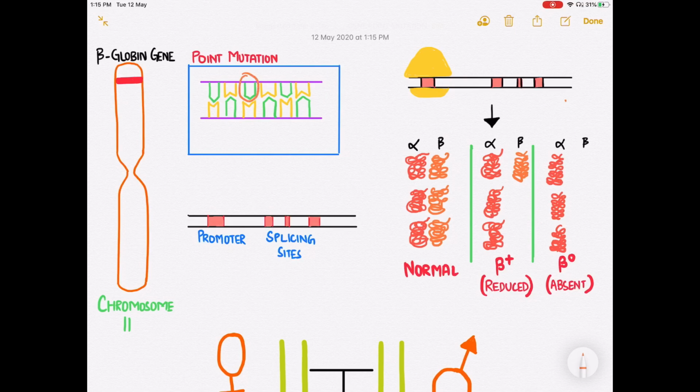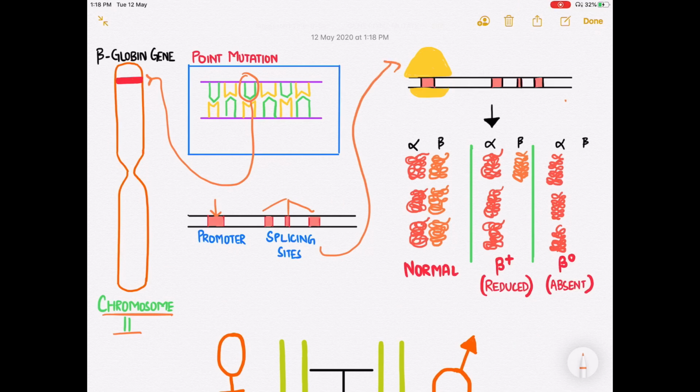In beta thalassemia, there is partial or complete deficiency of the beta globin chain, which occurs due to a point mutation in which a single nucleotide of the DNA is replaced by another at the beta globin gene of chromosome number 11. These mutations can occur at the promoter sequence sites or at the splicing sequence sites, and these in turn affect the mRNA reading during the process of translation. And this finally results in reduced beta chain synthesis or no beta chain synthesis in the affected patient.